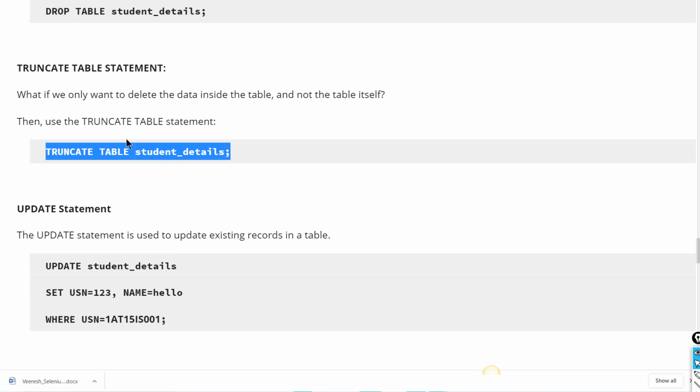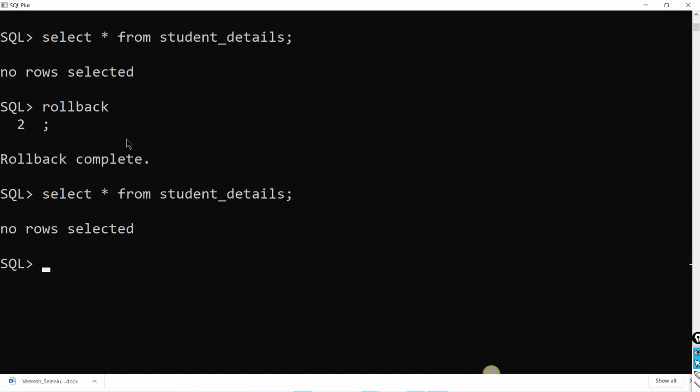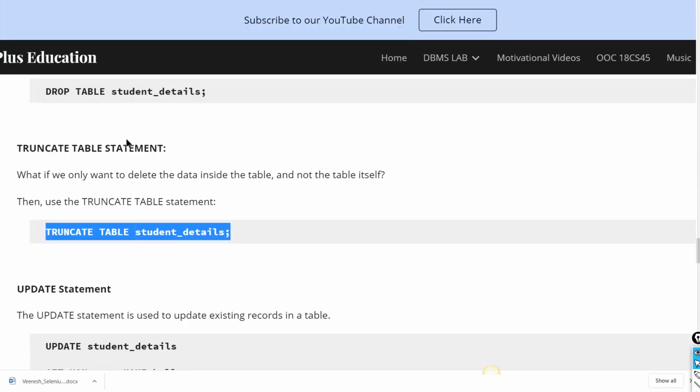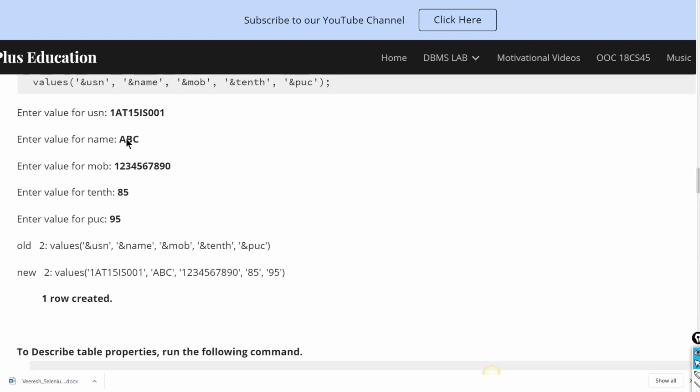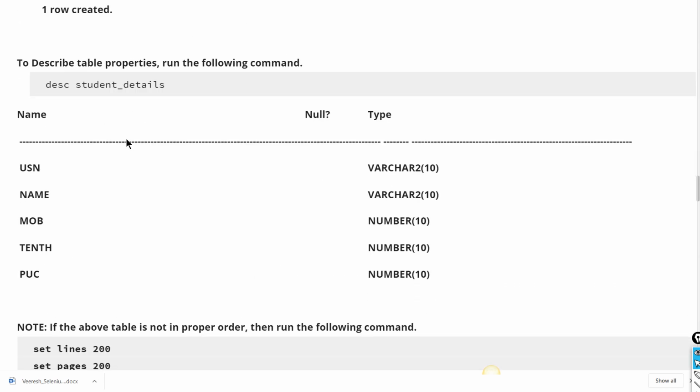Say for example, now let us try to insert the same values again. Insert into student details. Let me insert the values. Where is that? Here it is.